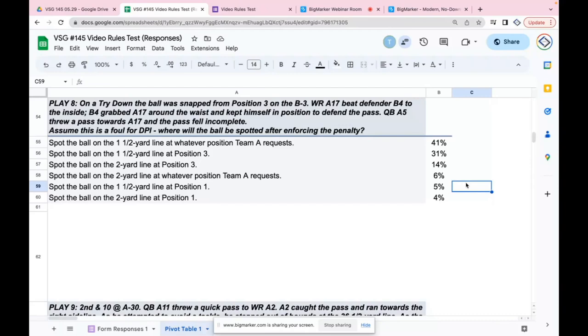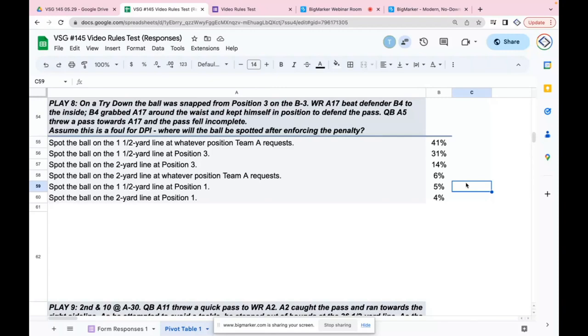So it has to only be tries from the 3 or in. That's try only. Yep. So otherwise, if we have a false start on the try and we're now from the 8 and there's DPI, we would go to the 2. DPI in the end zone. Wait, say it again? The false start moves the try back to the 8. Then we have DPI in the end zone on the subsequent try attempt. We would just enforce it like a normal DPI and go to the 2.